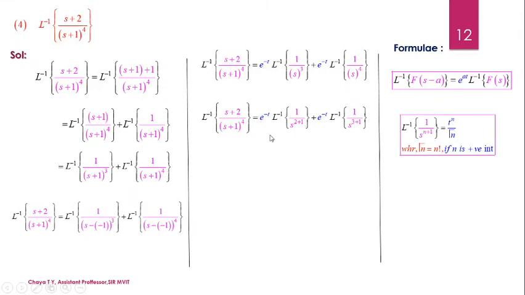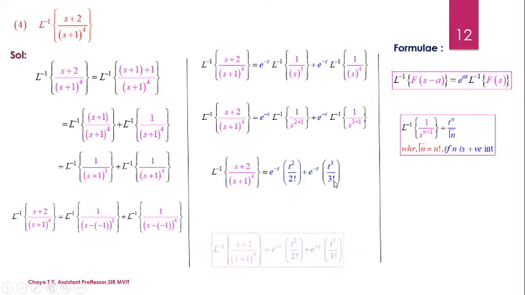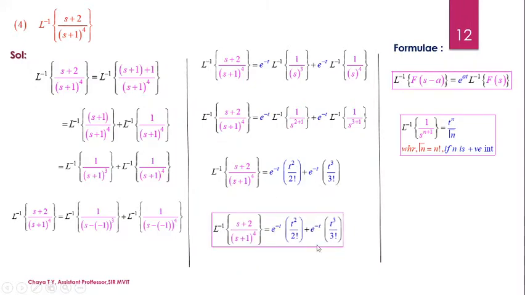So when I observe the first term and compare that with the formula, I have the value of n as 2. So if I substitute, I am going to get e power of minus t into t squared by gamma 3, where the value of gamma 3 is 2 factorial by the formula, plus e power of minus t into t cube divided by gamma 4, where gamma 4 takes the value 3 factorial. Now we can substitute for the values or we can stop at this stage, which gives us the Laplace inverse of the function.